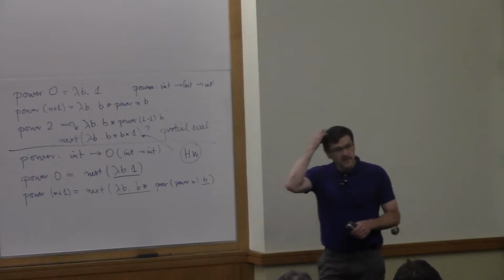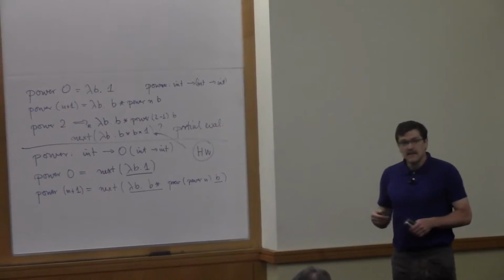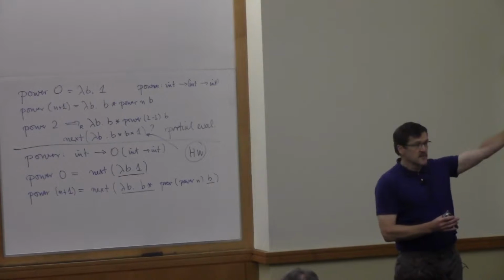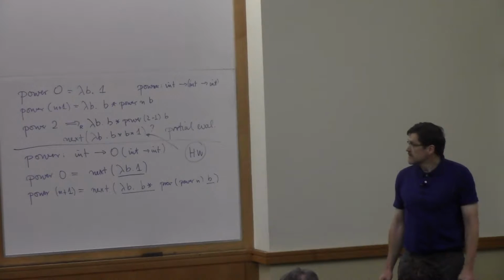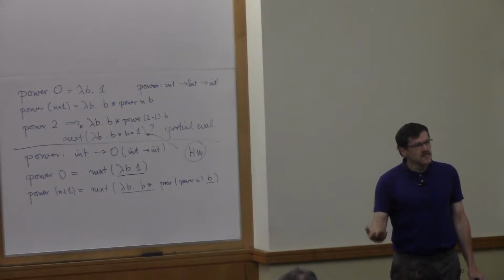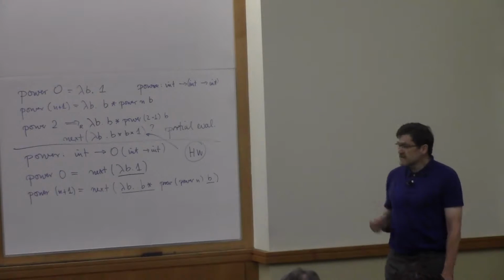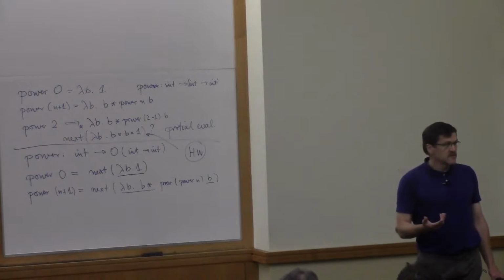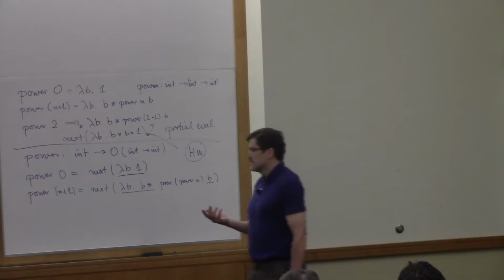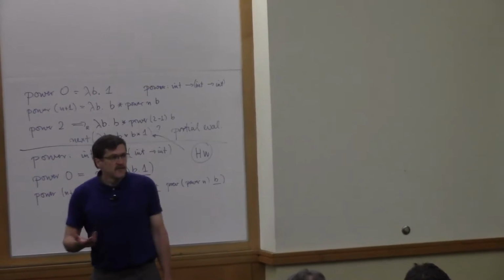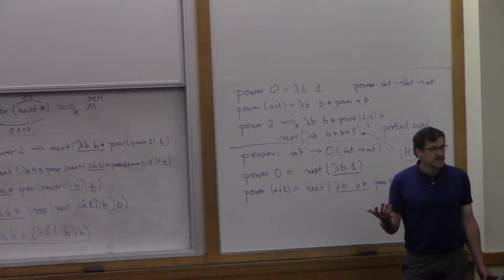What one of my students, Rowan Davies, realized in '96 or '95 when he first worked on this is that partial evaluation and temporal logic are the same thing. And everything becomes much cleaner, much simpler, much better understood than before. Now, for example, we can have a dependent type theory that does partial evaluation. Before, people had no idea how to reason about staged code. With this, it's just temporal logic. You know how to do it now.